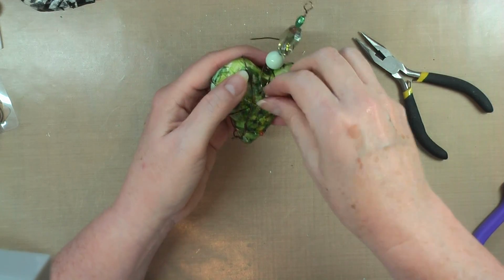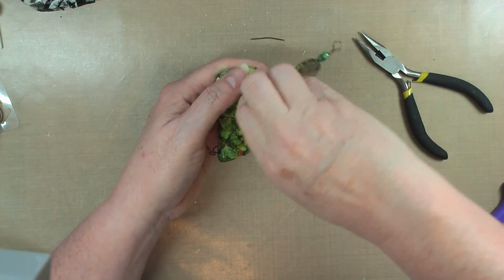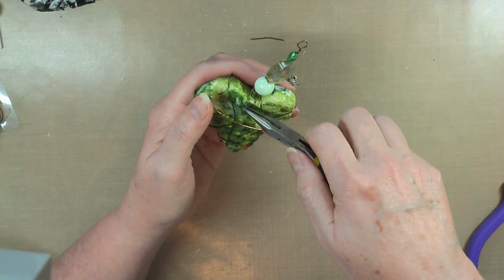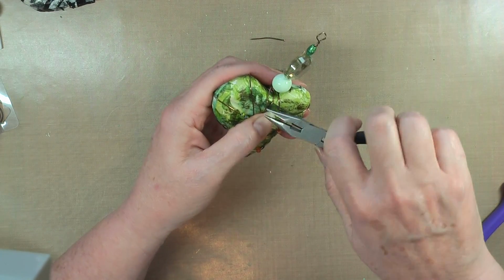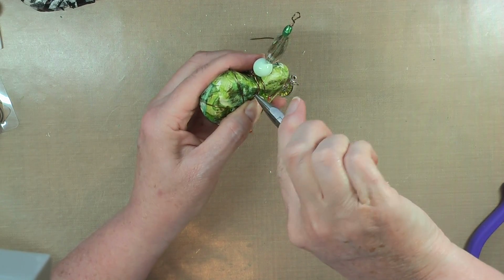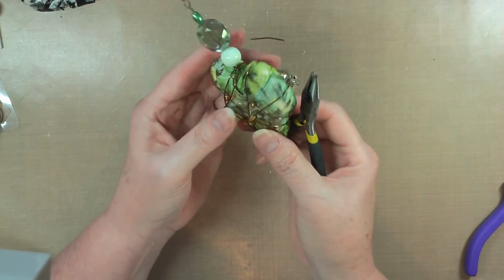And I'll just wrap it into the hole. And you probably won't see it. I doubt it'll come out. If it does, I'll be surprised. Just twist the wire just a little bit to get it to stay. And then that's what I do with the